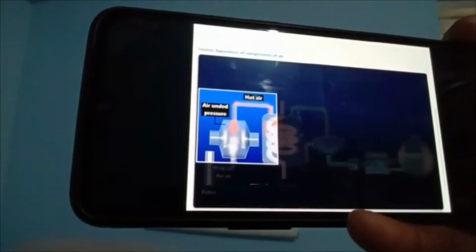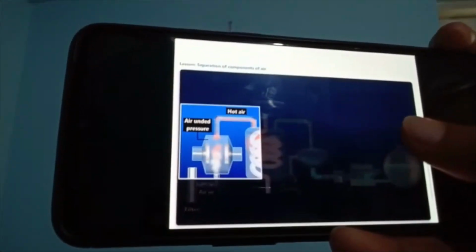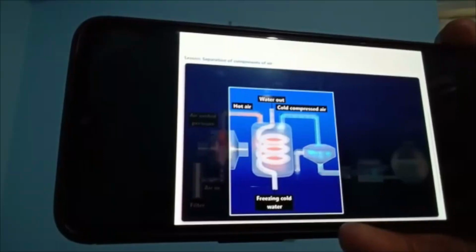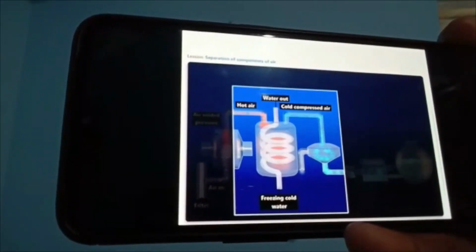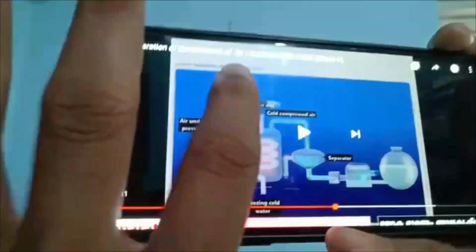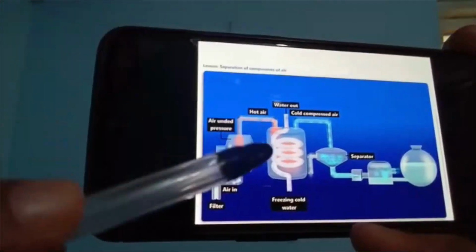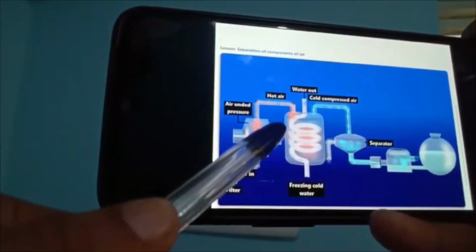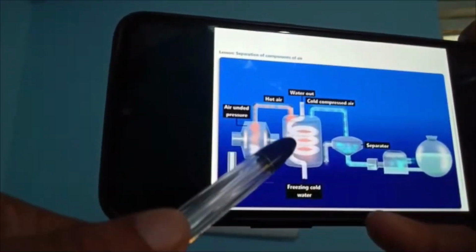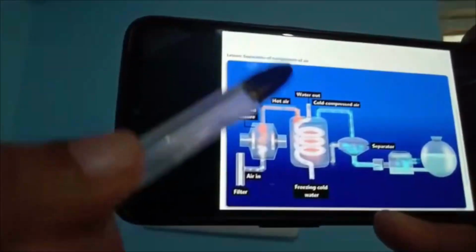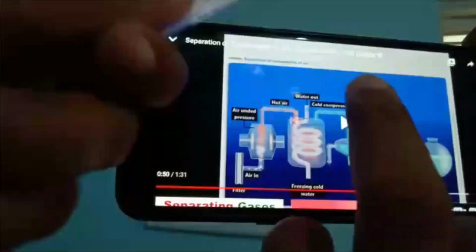But we only need high pressure gas. So the next step is to remove the temperature of the gas. If we need to remove it, what will we do? Yes, there is an apparatus. Can you see that round chamber? It is known as the water chamber. Inside that, water is moving in this round, tube-like chamber. Why? Because when the hot air is coming and rotating inside this chamber, the water in the rounded tubes is rotating and going like that.